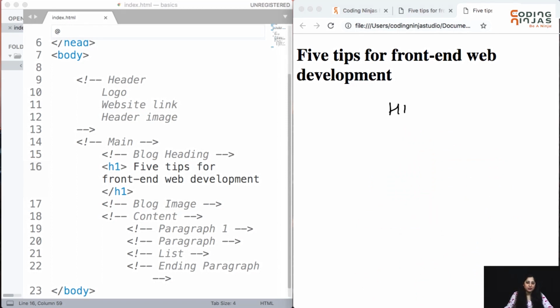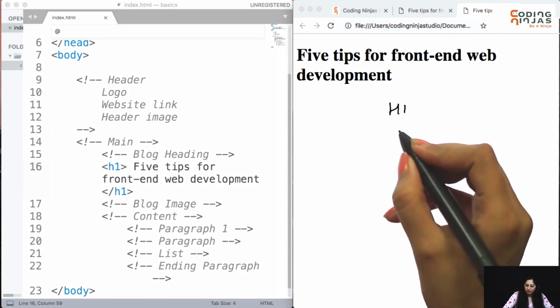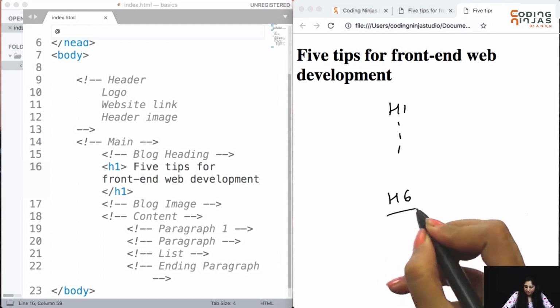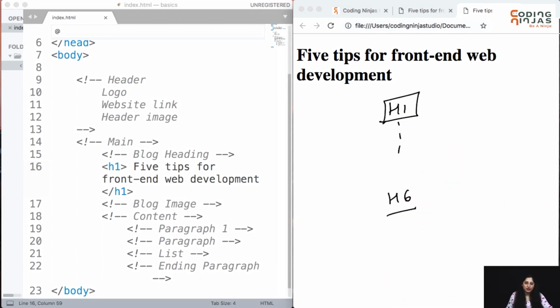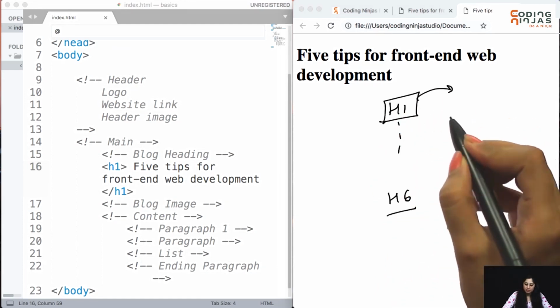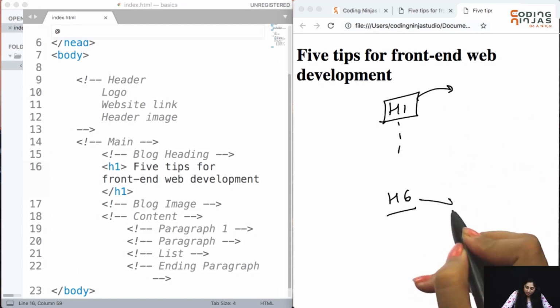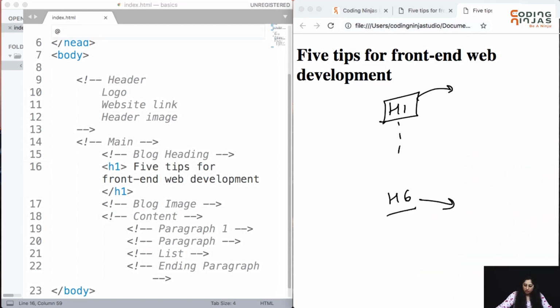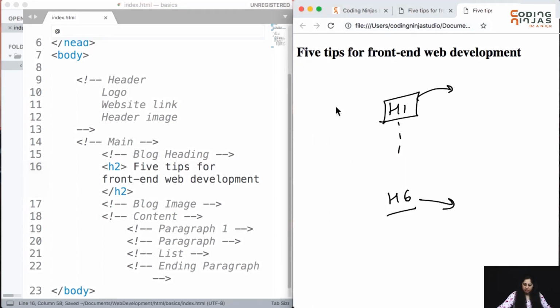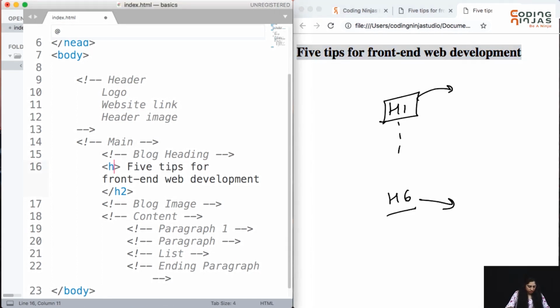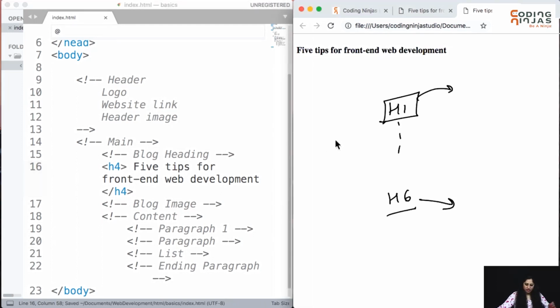There are actually in total 6 different heading tags starting from H1 to H6. H1 being the most important heading tag. Most important means obviously it will be bold and bigger, and H6 being least important heading tag. So if I just have to try an experiment here, if I want H2, this is the second heading tag, and save it and load the page. So see, there is a decrease in size. Similarly, if you decrease it further, let's say we try H4, then the difference will be significant.